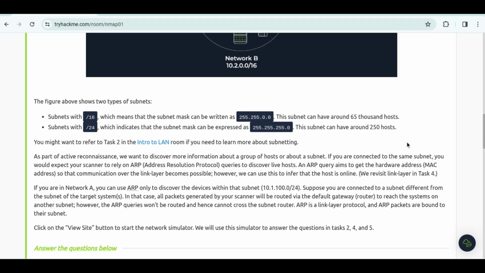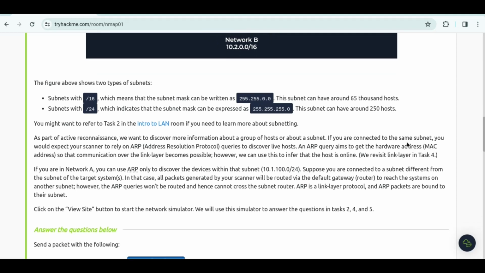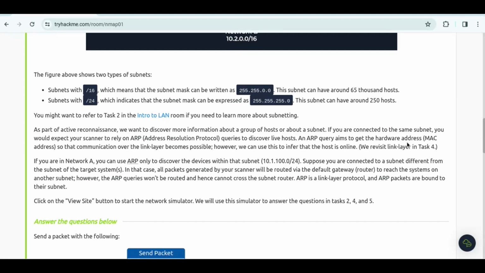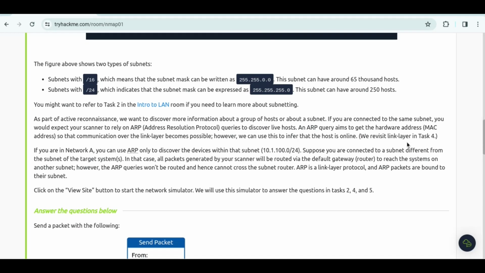However, we can use this to infer that the host is online. We revisit link layer in task 4. If you're in network A, you can use ARP only to discover the device within the subnet